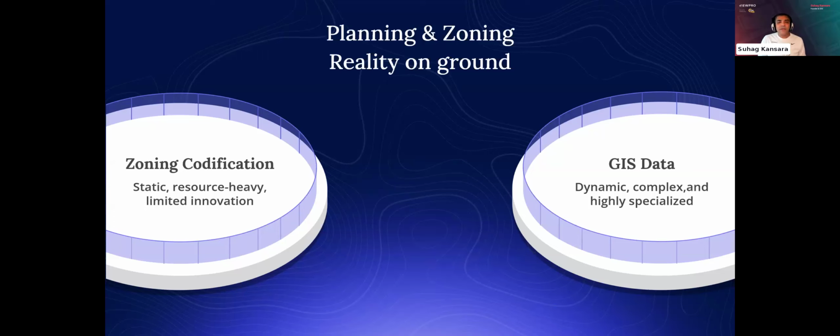To get the ball rolling, this is the reality on the ground. On the left side, we have what we call zoning codification software. And on the right side, we have a GIS. These two data sets are always constant, no matter which city you go to. And the point I'm trying to make here is that these two are a kind of inevitable devil in every city. And they have their own unique